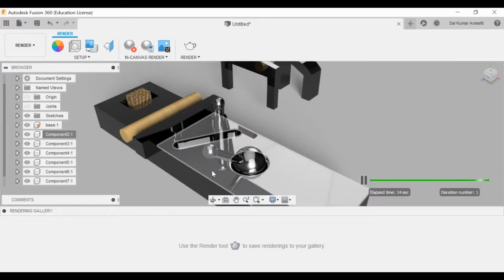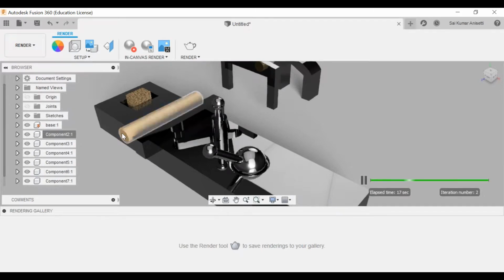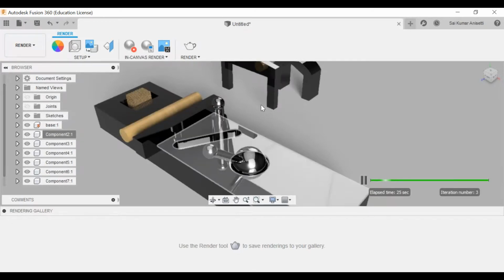What it does is it gives a cool look to your actual component. If I make sure this is leather, it takes that perfectly and gives a leather texture to it. See, all these materials, I did not assign any material to it. By default, it is assigning some kind of random value to it. I'll just pause my rendering.